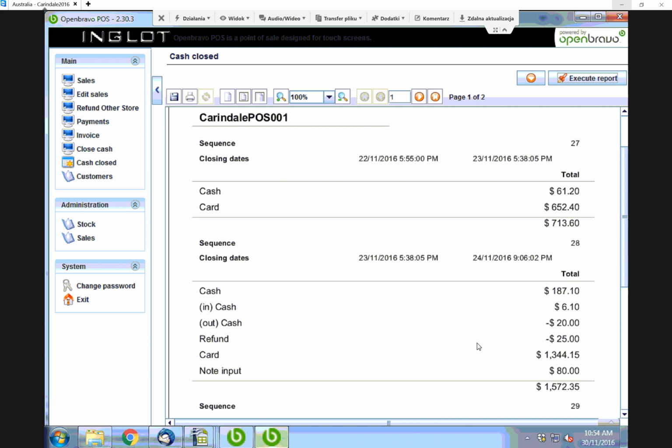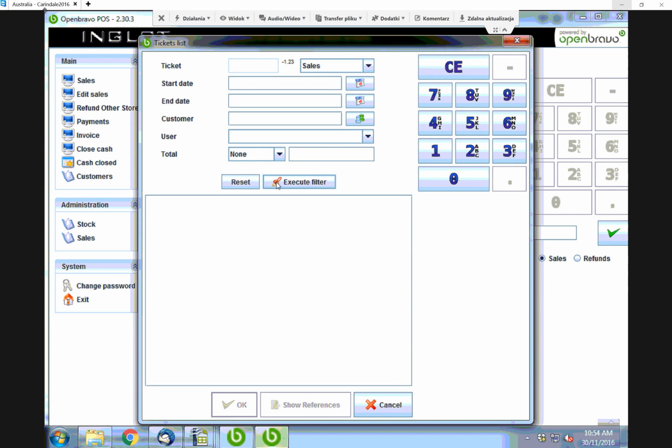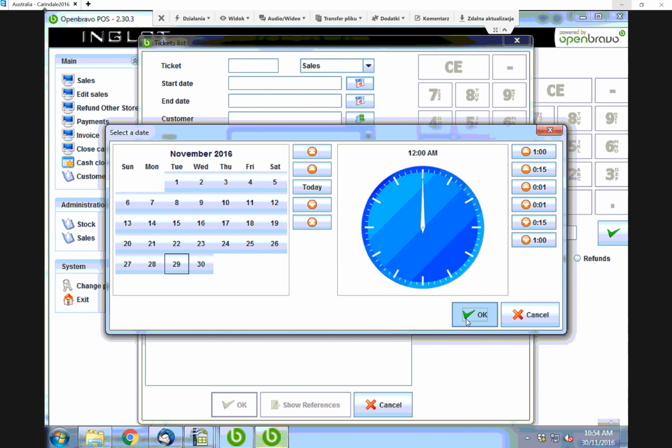Now, the most likely explanation for this is that someone has processed a card transaction as cash when they have completed the transaction. So it's really important to make sure that you do switch to the card option before clicking OK on a sales screen. So now you just need to go through your edit sales